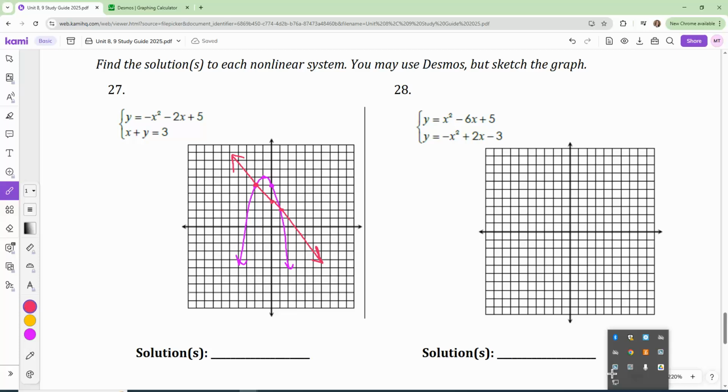So you can click on Desmos, we can see from our graph, it happens twice. At -2, 5, and at 1, 2. And so you do have to write those ordered pairs down. Are you guys okay with using Desmos to get those graphs? So, keep working on your study guide. Let's get